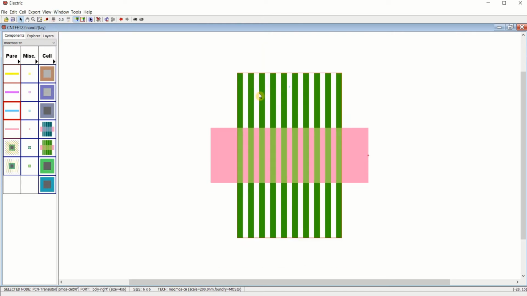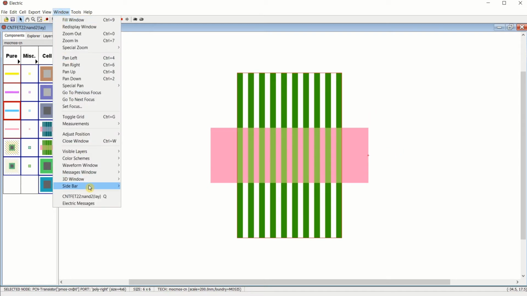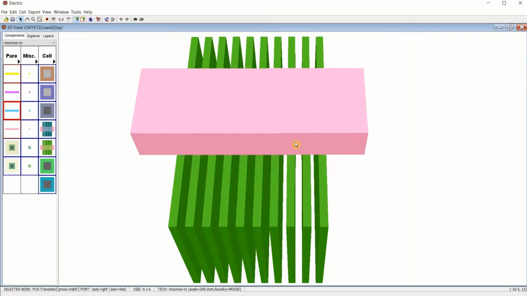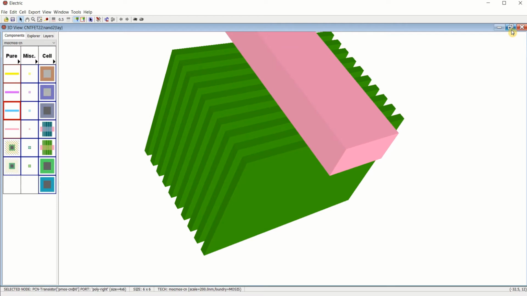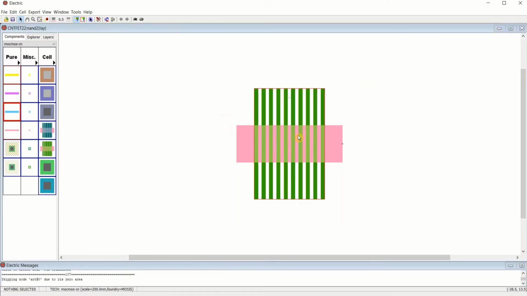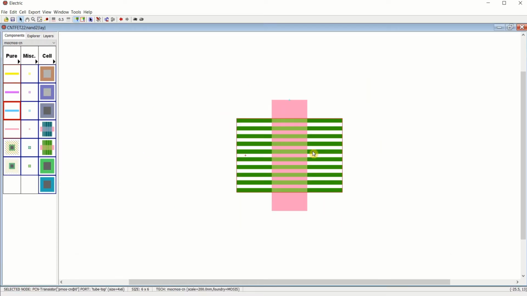These are the carbon nanotubes with fingers. And this is the polysilicon gate. If you want, you can see it in the 3D window. Carbon nanotubes are placed under the gate. Now use Ctrl J for rotation.